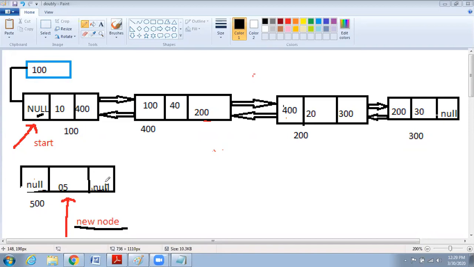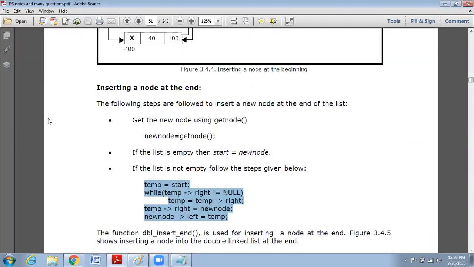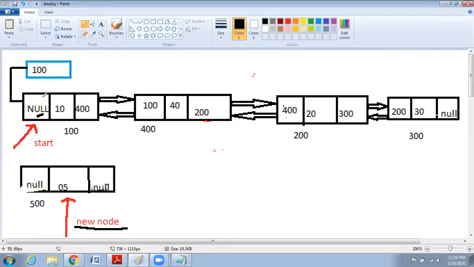Okay. Now we'll try to write code for this. If I want to insert at the end, first I want to reach the end. So I'm using one while loop because I want to reach the end. I'm initializing temp as start. While temp's right not equal to null, I'm changing. Now this is temp.